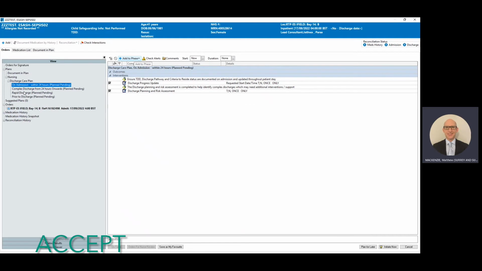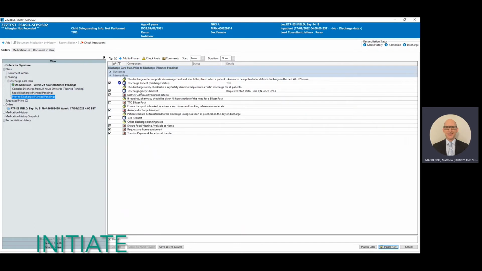First of all, you'll see that it pops open a variety of different phases of the discharge planning. This first one is on admission, which we will always initiate now. But when we're actually ready to discharge the patient, you would do this prior to discharge. This is the one that places the discharge patient status order, which feeds into the ClinOps board, so that the bed managers know the patient's status,